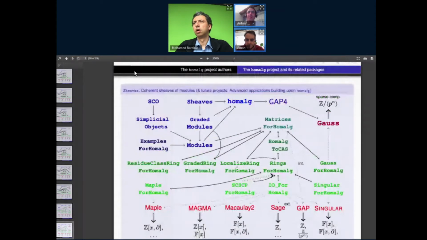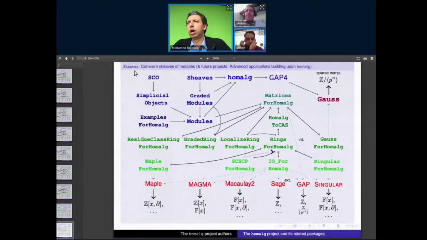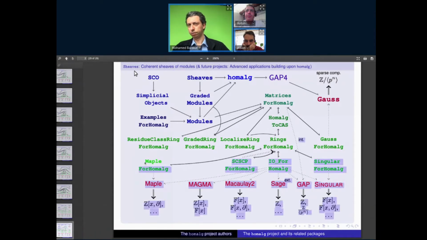Okay, nice. So HomAlg is implemented in GAP, and these are the three categories I'm interested in: the category of modules, of graded modules, and of sheaves. For graded modules I need graded rings. For modules, I need all sorts of rings and so on. And here I have the interfaces to the oracles on